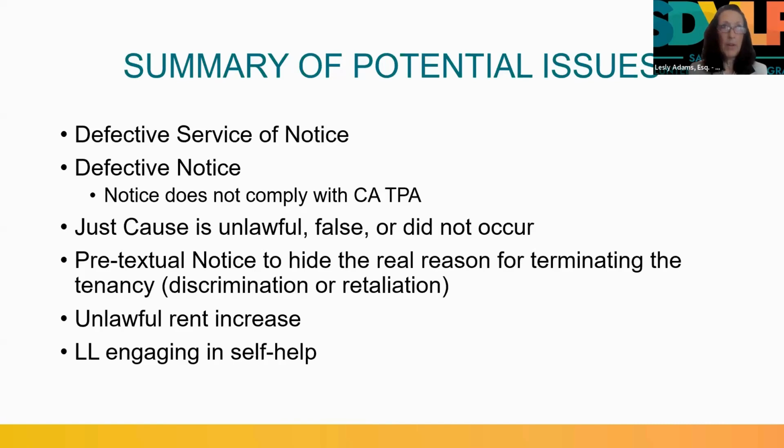And if you think about it, whether you're a tenant or a landlord, to be told today, well, in 30 days, you have to be out. In 30 days, you have to find a new place to live. In 30 days, all of this has to go away. This is why the landlords have to strictly adhere to all of the requirements in the California law with regard